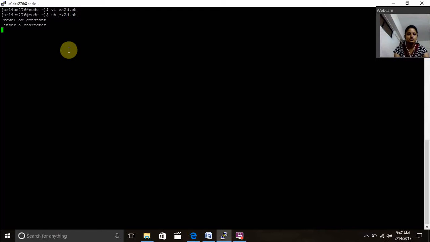See, it asks the user to enter the character, and I'm entering T. It is a consonant. If I run the same program again, it asks the user to enter the character. Now I'm entering A. It is a vowel. That's it. And then the next program